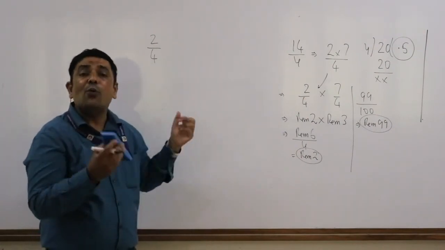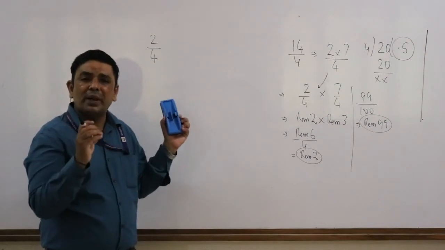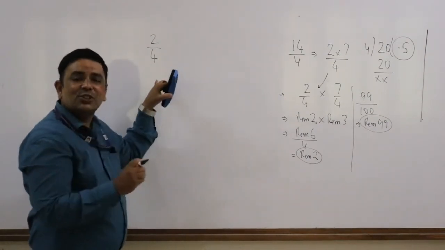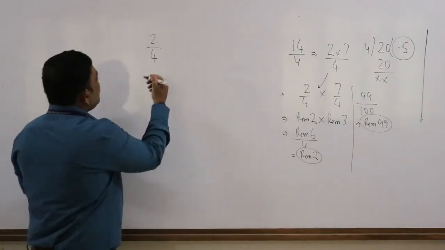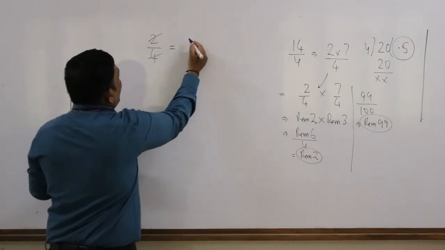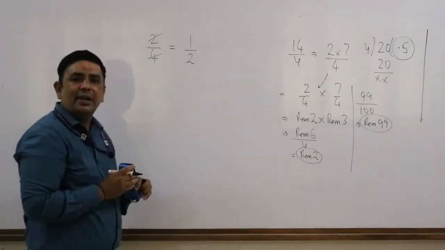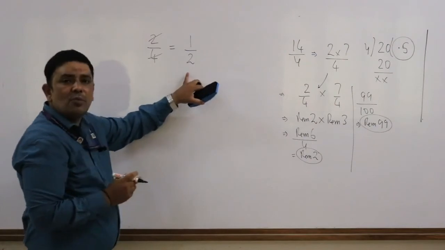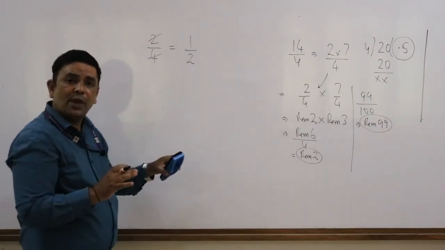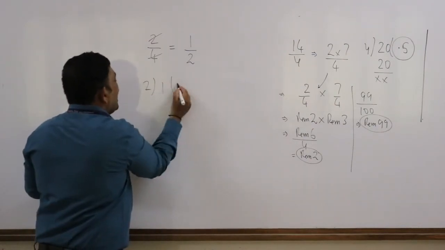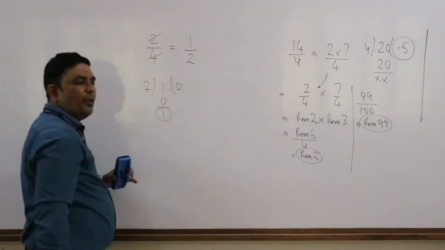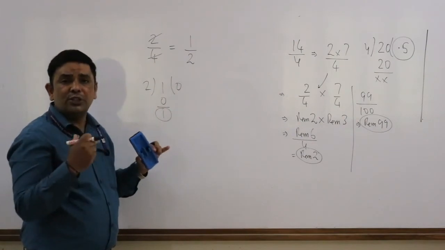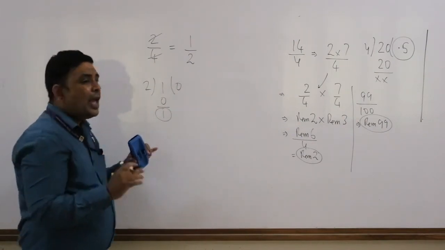I have actually shown you why the remainder is 2, but now I am going to present it in a different way. When a student was given the task of dividing 2 by 4, you know what the student did? The student took a factor of 2 common out of the numerator and the denominator. And therefore, finally, the problem got reduced to 1 divided by 2. So when 1 is divided by 2, the remainder is 1, correct? But the actual answer is 2. How is this possible? So, this is the fifth rule.